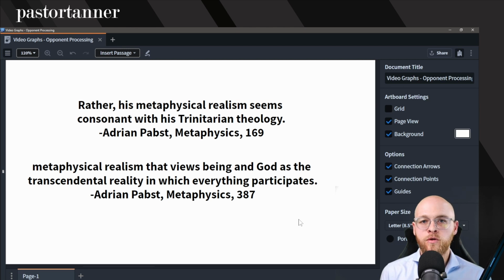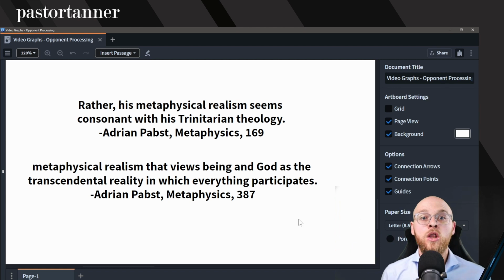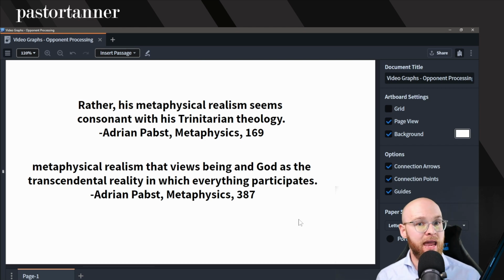We can plunder the treasures of every tradition out there. We just have to know where they go. If you are reading an Eastern tradition that seems to reduce everything to the one, no problem. Go ahead and plunder their riches and bring it under the category of the one, knowing that the many is real also. There you have it, guys. My view on how we should move forward understanding metaphysics.